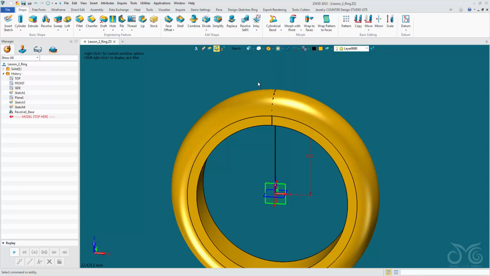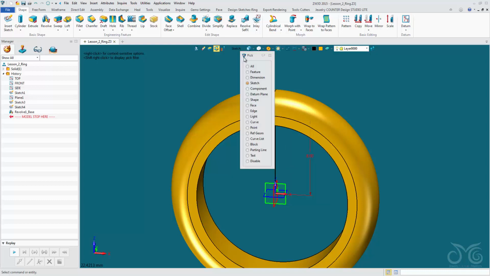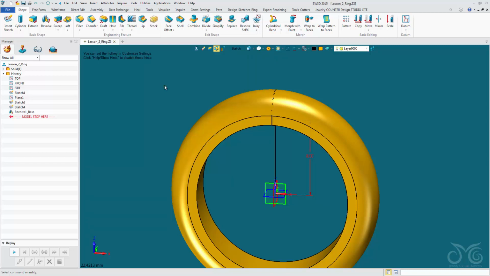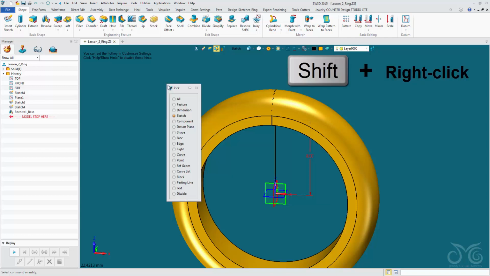Right, so now I'm going to modify the dimension. Change our entity filter onto dimension. Incidentally, I should let you know a shortcut to bringing up the entity filter, and that is to hold down the shift key and right click on your mouse. Okay, this is a shortcut to our entity filter. Let's navigate to dimension,